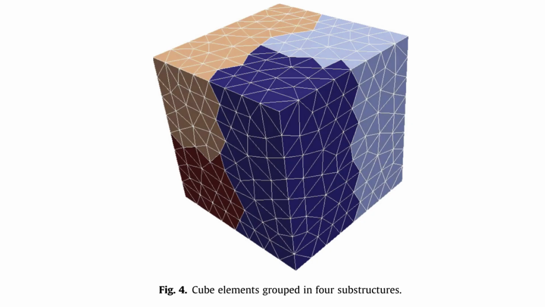Right. Making hundreds or thousands of tiny substructures gives you great data locality and potentially massive parallelism. But it can also make the overall mathematical problem harder to solve. The solver algorithm might need many more iterations to converge to the final answer when the problem is broken down that finely. So that leaves us with a really interesting final thought for you, the listener, especially if you work